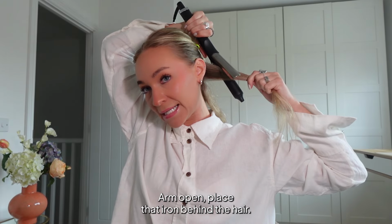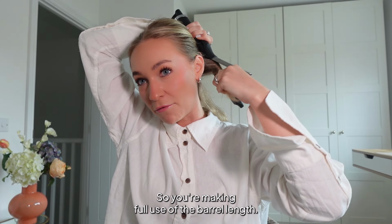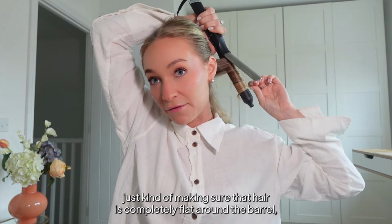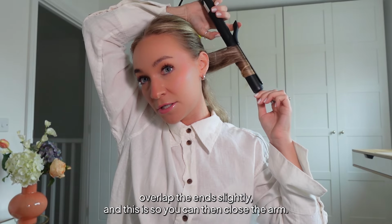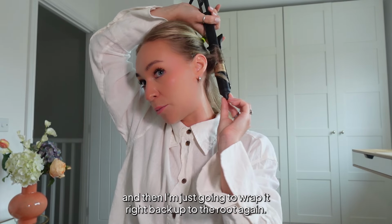Arm open, place that iron behind the hair. Make sure it's kind of all the way at the base, so you're making full use of the barrel length. And then you see every time I'm wrapping it around, I'm just kind of making sure that hair is completely flat around the barrel. Overlap the ends slightly, and this is so then you can close the arm. It's not going to fall out. You're just tucking those ends in, and then I'm just going to wrap it right back up to the root